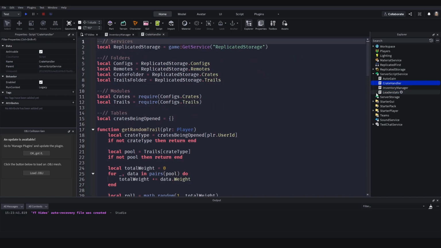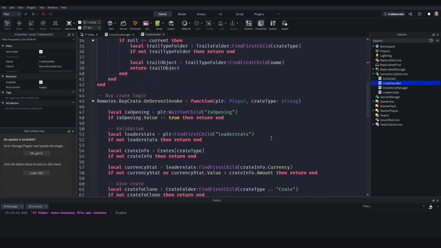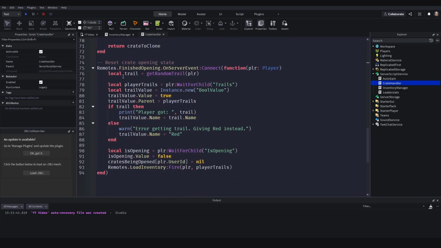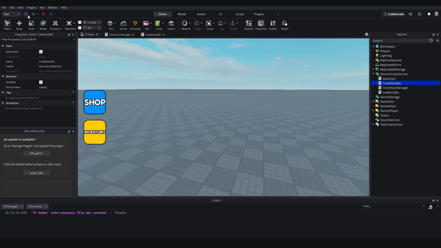Finally, in the create handler script, all the trails by default are set to true, all the values. Let's scroll down to the finished opening method, and rather than setting trail value.value to true, by default we're going to set them all to false. So now when I press play,